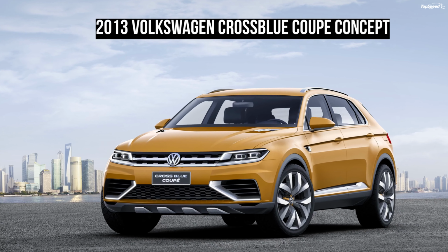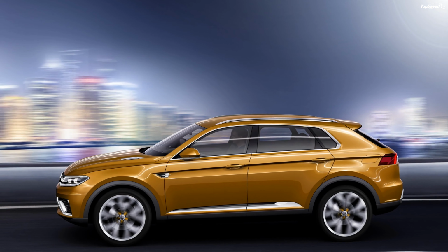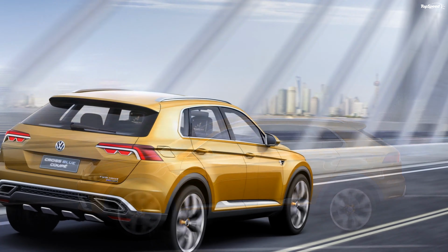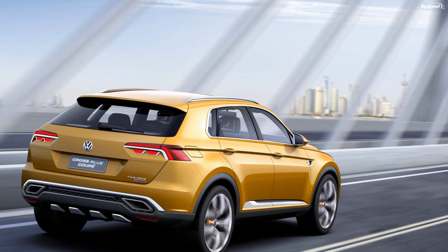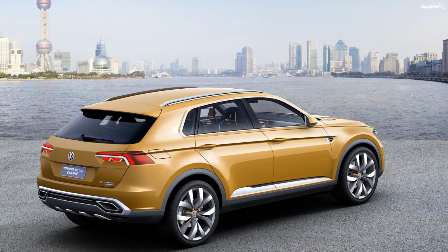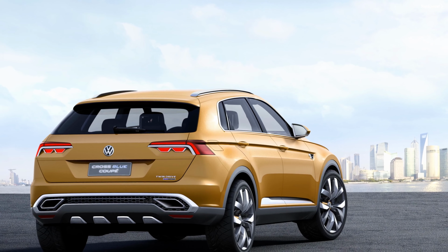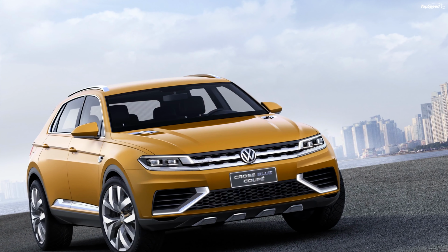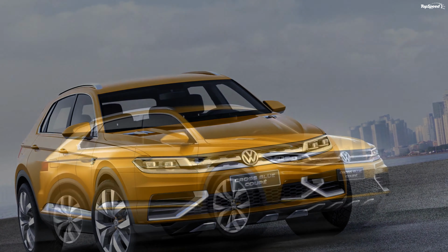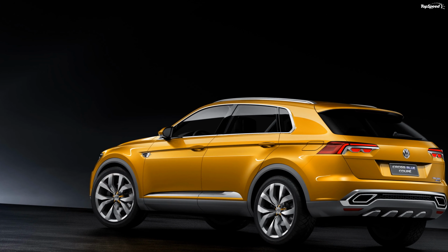The rear features L-shaped taillights that really set it apart from other cars in its class. The only other striking details on the rear are the trapezoidal tailpipes that are integrated with the rear bumper insert. The rest of the back end is rather uneventful. Down the side, the CrossBlue Coupe Concept fits the bill as your typical crossover coupe model. A shallow raked windshield gives it a sleek look,